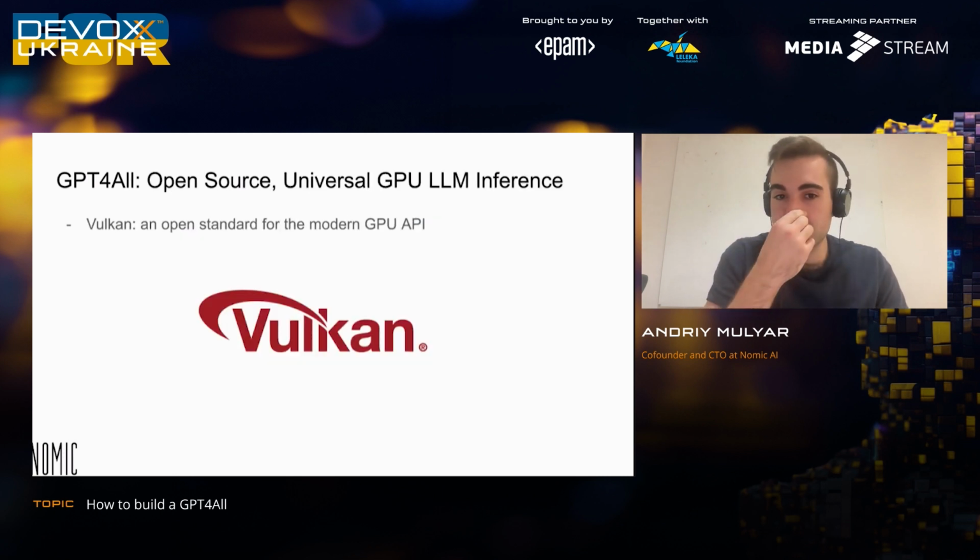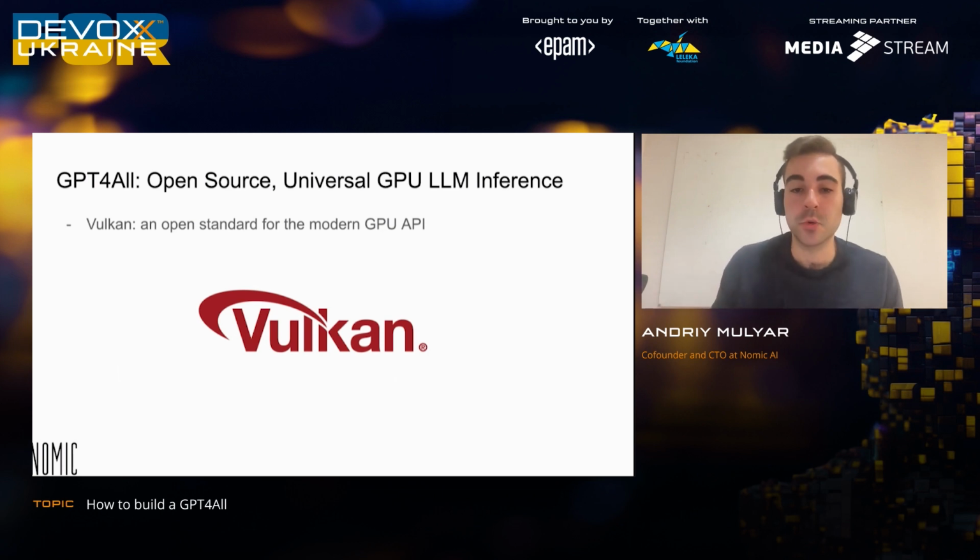So how does this actually work? How do you make large language models run on all of those different types of GPUs? Well, you want to really rely on the rest of the open source community. If you've ever heard of OpenCL, the successor to OpenCL is something called Vulkan. Vulkan is a kind of GPU API language. So you write code into the Vulkan API, and then it gets compiled down into all of the target GPU languages like CUDA for NVIDIA, ROCm for AMD, etc. And what we did is we created a giant effort to replicate all the tensor operations that run in a large language model, but in Vulkan.